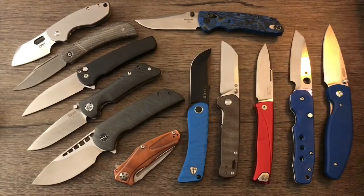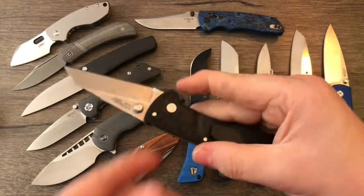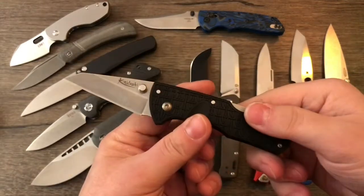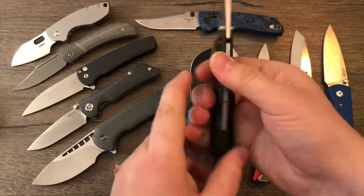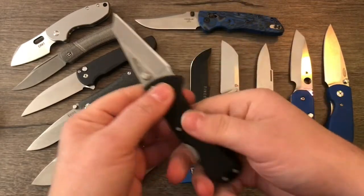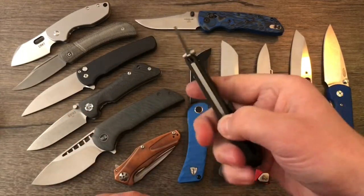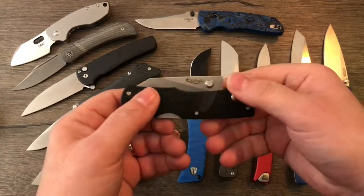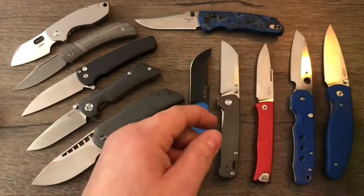What else do we have here? We have the Cold Steel Karadashi. This is really nice. I haven't done a review on this yet, but this is a really nice knife. Very comfortable in hand. That plastic pocket clip is very ergonomic. So yeah, this is another very nice knife. You should definitely pick up one of these, but look for the review soon, just to kind of go into